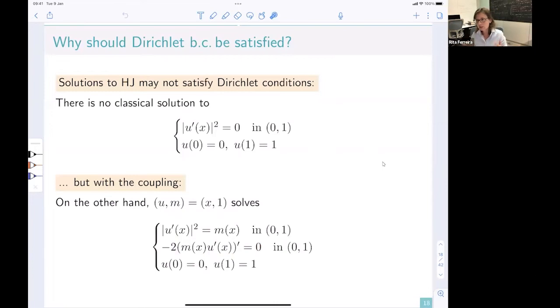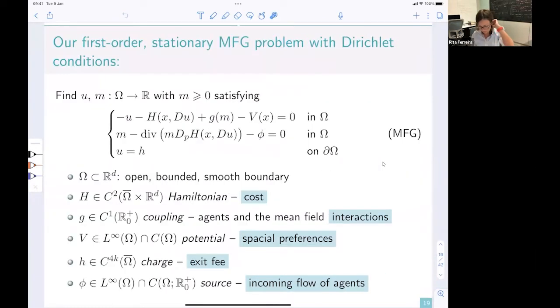So this coupling, though in general it raises non-trivial questions, may also make the solutions present different features. So in this case we cannot expect existence of smooth solutions satisfying boundary conditions, but for mean field games, there are instances in which we can. And so